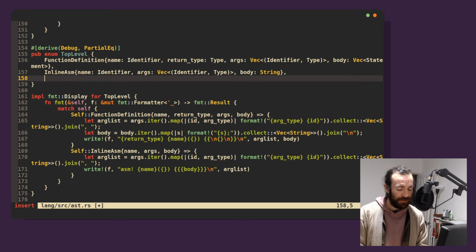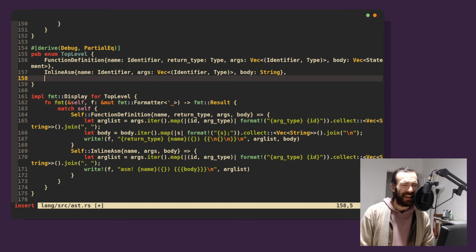So you can only define a global at the top level. You can't define a global inside a function. I'm not going to do function static variables because they're really lame and not cool. They're confusing. They're just weird. I don't like them. So